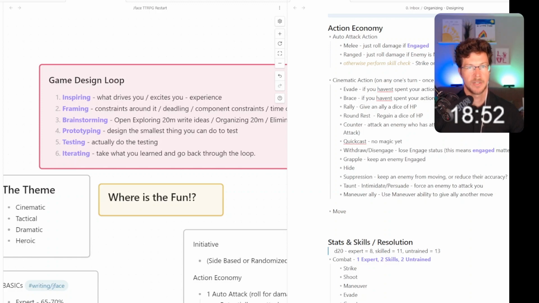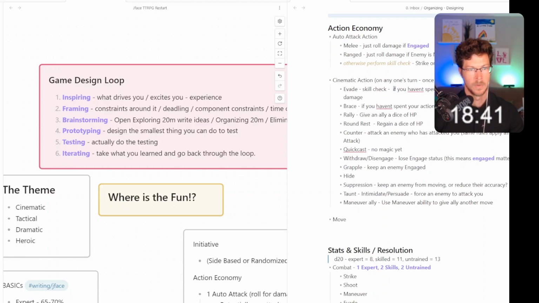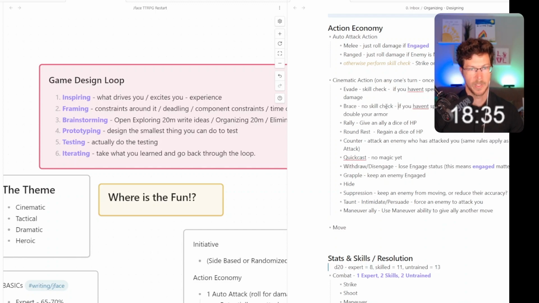If you haven't spent your action, you can use this to take no damage. Brace. This is no skill check. You're just doing it.